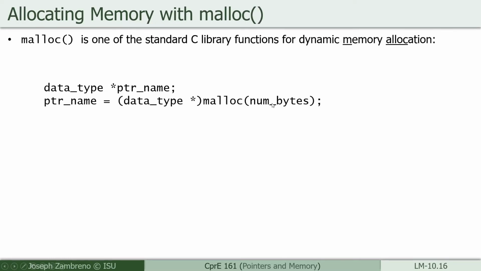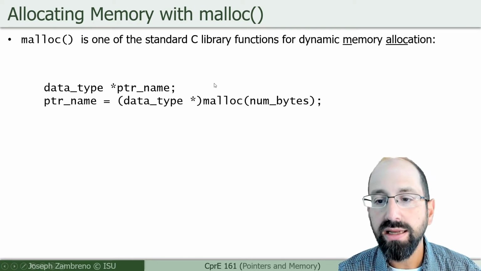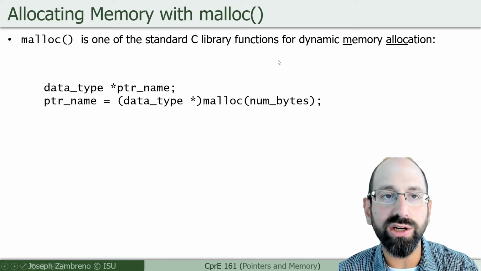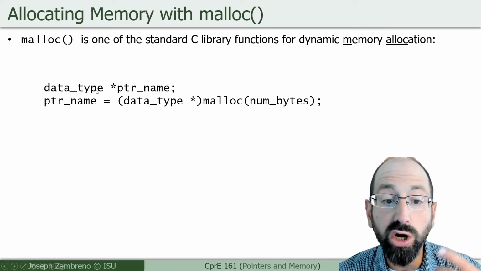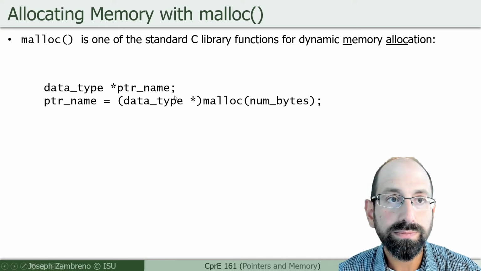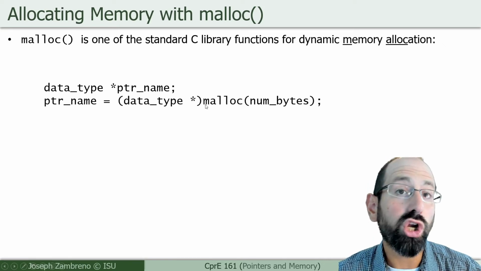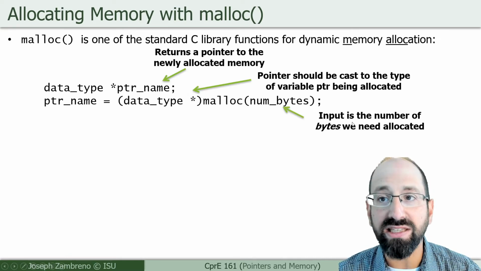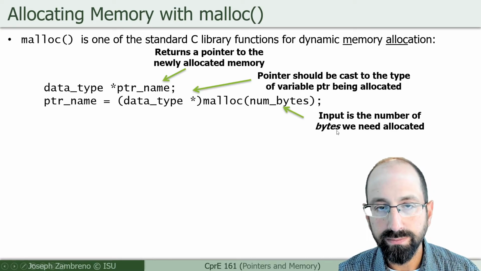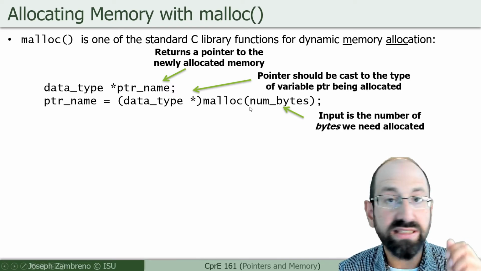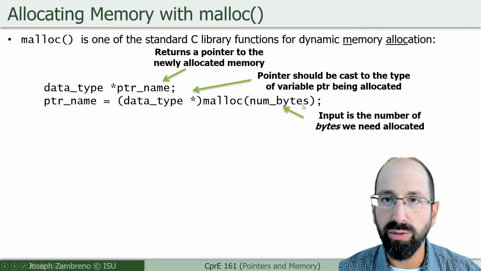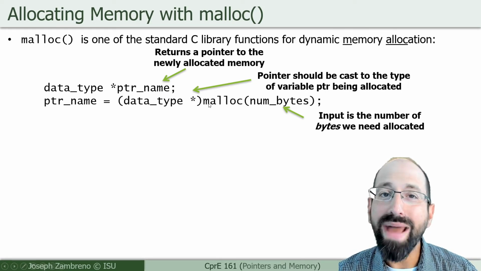So one of the C standard library functions you're going to become very familiar with is malloc. It stands for dynamic memory allocation, or memory allocator, where we do have to first declare our pointer variable. And we're going to call malloc, specifying the number of bytes we need allocated. Malloc takes as its only input the number of bytes you want. Do I want 100 bytes? Do I want 400 bytes? Do I want 800 bytes? And then malloc, as a